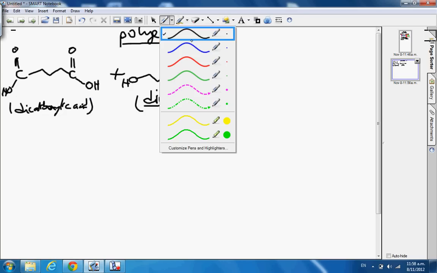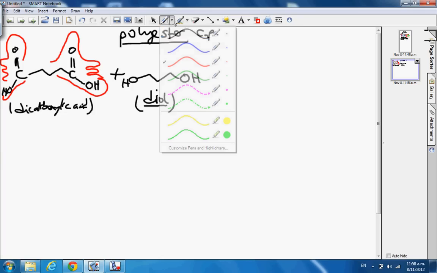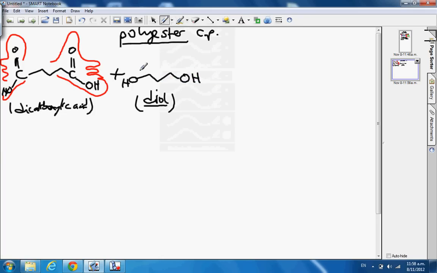So these are the hands. Now just to illustrate this one time, and I won't do this again for the rest of them, the hands would be that. So that is one hand. If you think about it like that, and that's the second hand. Funny looking hand, but it's a hand nevertheless. And then on the other molecule, I'll use a different color. On the diol, its hand would be here. So it is little small hands, but it has two hands as well. And if you could imagine, the hands will then join together and hold hands,